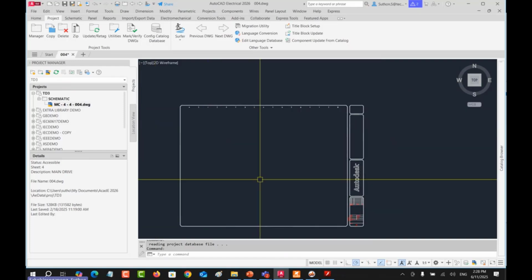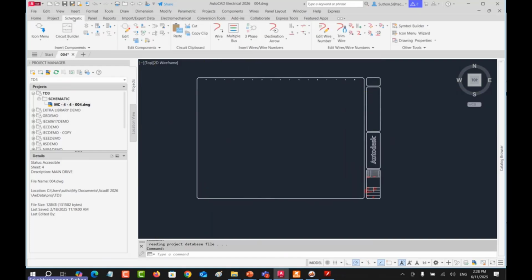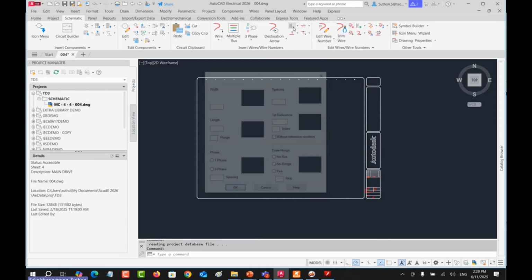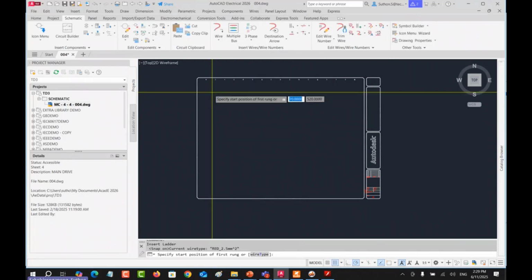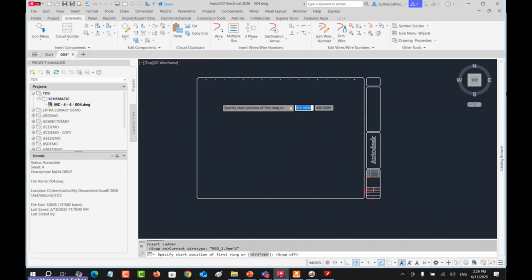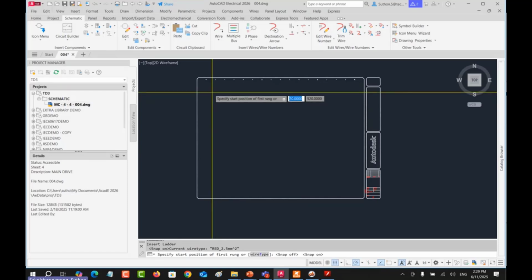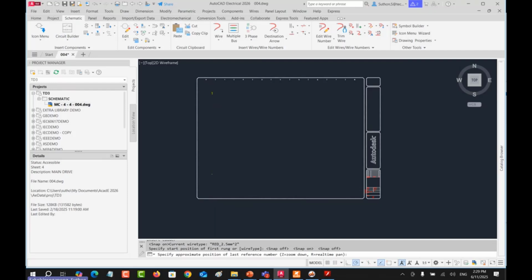Okay, this one is clean already. So I will start from the schematic diagram, and I start from here, the insert ladder. Because in electrical, you have to do it neat, right? So you have to hit the F9 key to make it snap to the location that you want. You can see from the coordinate that 70 and 520 here, and then drag to here. You hit this one, release the mouse button and put it here.